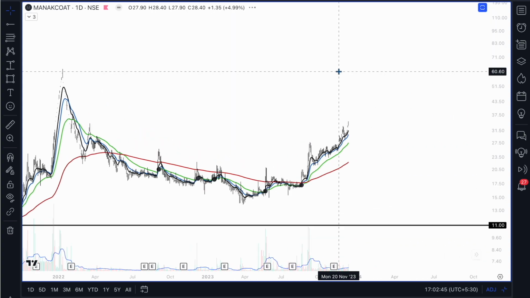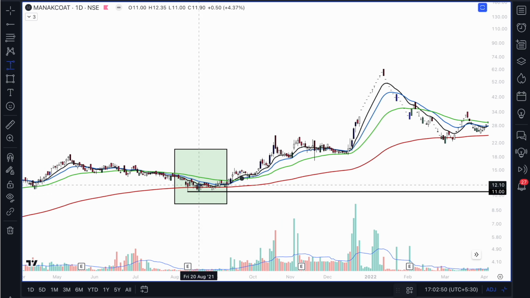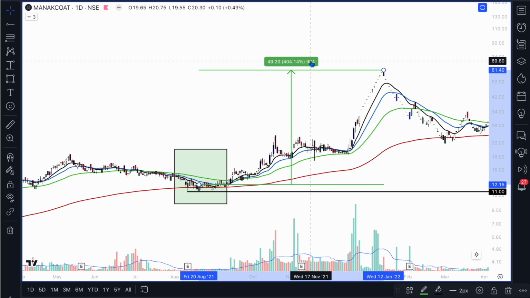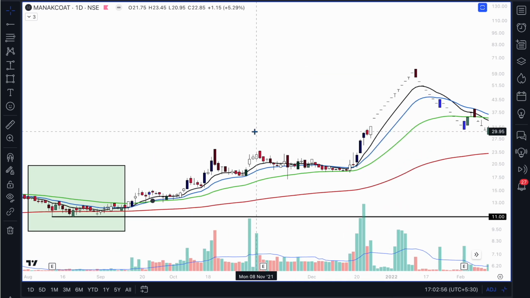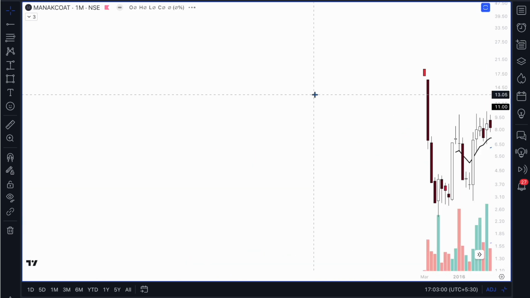So this is the area, and this is simply how you have to buy. If you could have bought the stock anywhere here, this stock went 400%. And see, only once did the stock come to its 50 moving average, and that is also taken care of because